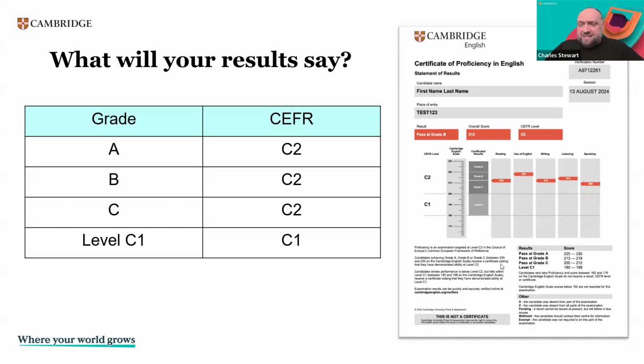If you would like to see these again at the end of the session today, I will give you a link to the Cambridge website for the C2 Proficiency exam. Have a look there at some of the resources, and it will explain in detail how they're scored and the numbers and how they arrive at those numbers as well.